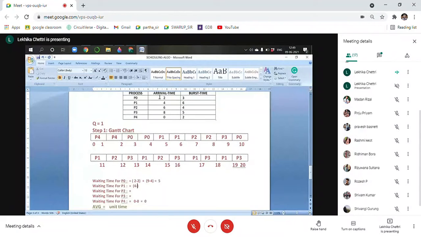So now P1 had come to the ready queue at time unit 4. ठीक है, 4 लिखा, तो इसको पहली बार CPU कब मिला P1 को. So let's check here, 4 time. At time equals 4, it got its first CPU. So I do 4 minus 4. Okay, so let me do plus.